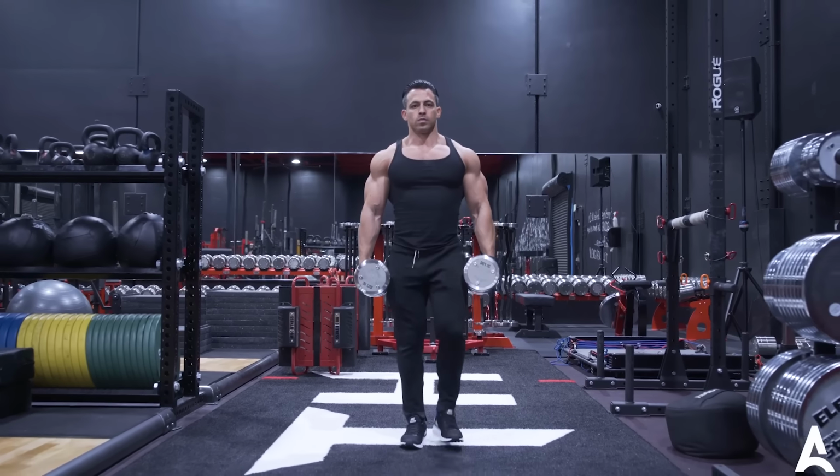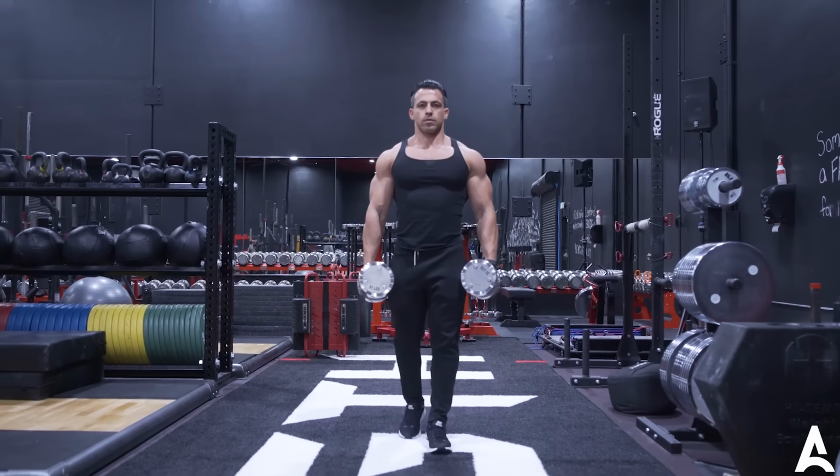And I guess you could also kind of relate it to work capacity. So it's the ability to produce that kind of work for an elongated period of time. There's ways I'll do this, in terms of just farmer carries and moving with weight. So I'm still really working through the strength aspect of holding the weights, pressing the weights, but I'm also moving with it and I'm trying to stabilize it, sustain it. And so all of that's incorporated with how can I produce this kind of work demand